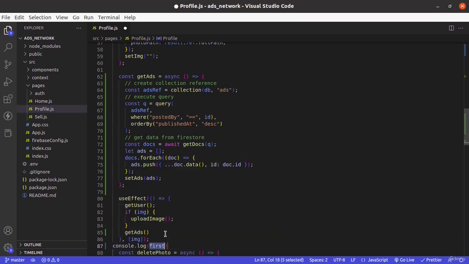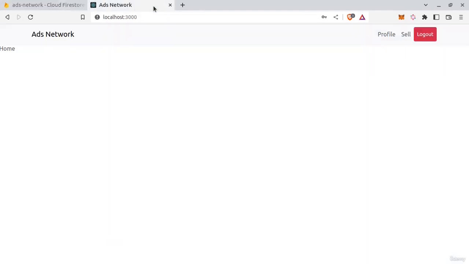So let's log ads. So if I visit profile,